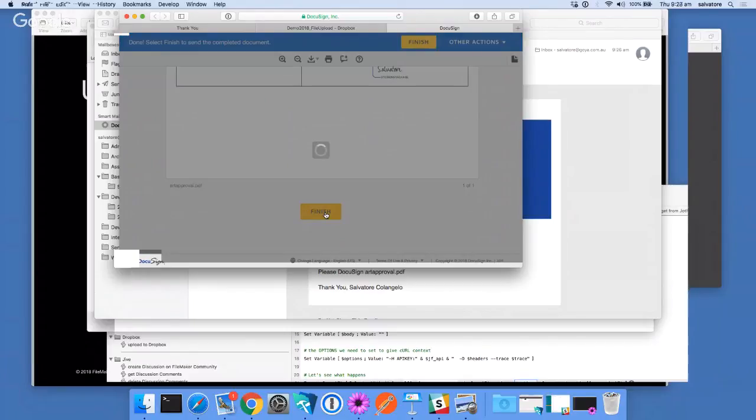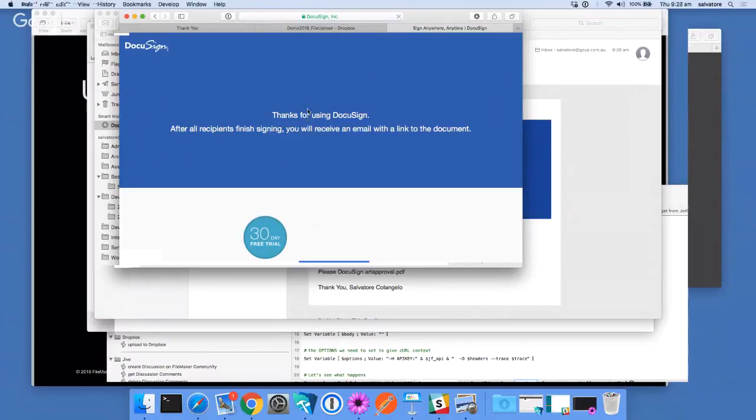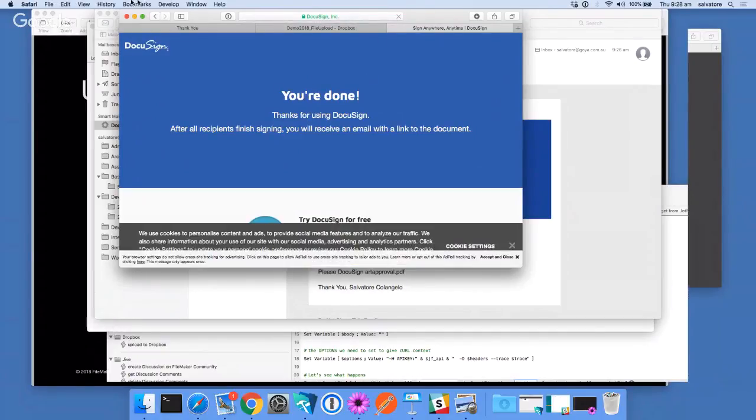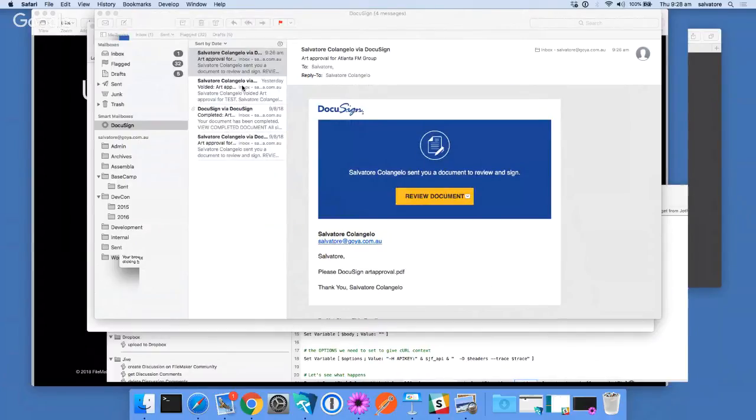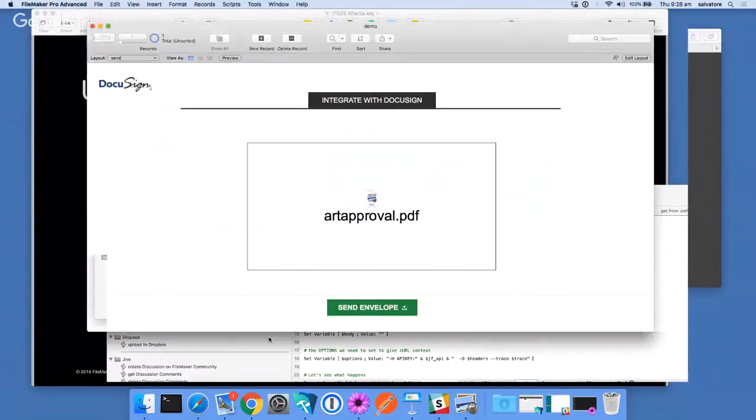I haven't built in that part, of course, but you could also retrieve the signed document back into FileMaker. In this specific example, I'm playing the double role of the requester and the approver. So I'm going to receive another email saying that my request has been approved, to the same email address. Normally, these two emails go to two different people. So my document has been completed. The document has been signed. Okay. So how did that work? Well,